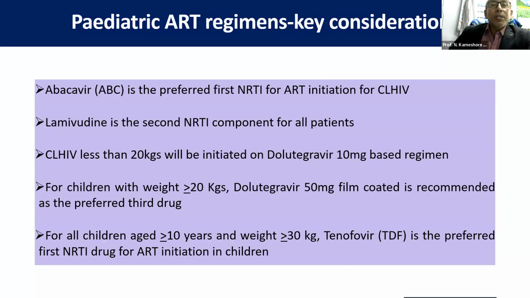So let us see what are the key considerations in pediatric ART regimens. We all know that abacavir is the preferred first-line NRTI for ART initiation in children living with HIV. Lamivudine is the second nucleoside reverse transcriptase inhibitor component for all patients and is taken as the backbone of the ART. Children living with HIV less than 20 kg will be initiated on dolutegravir 10 milligram base regimen,